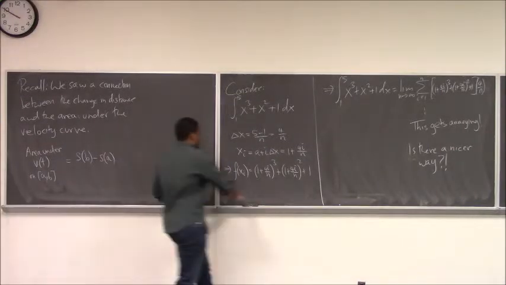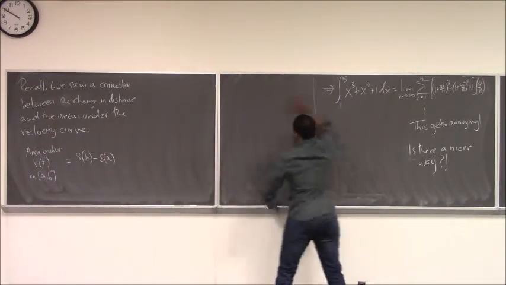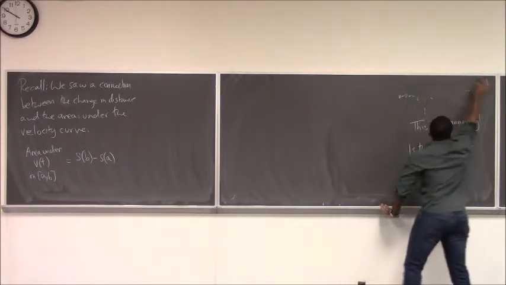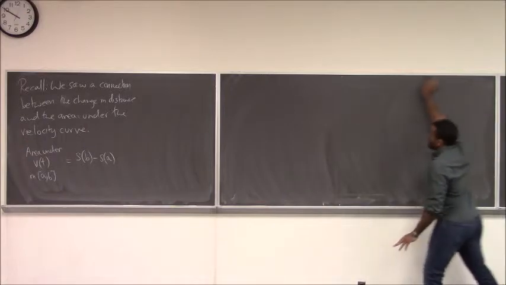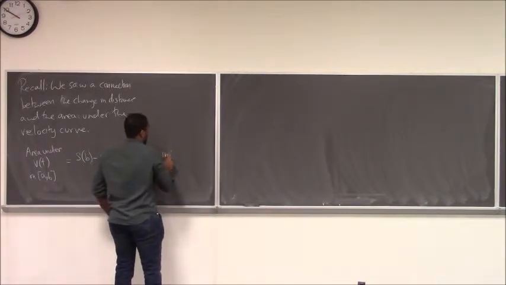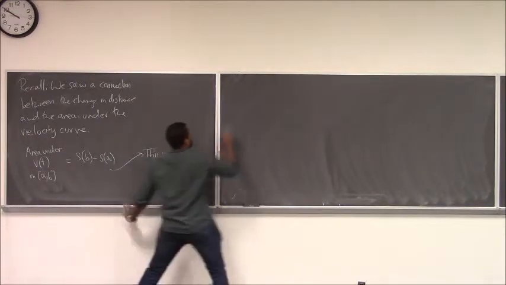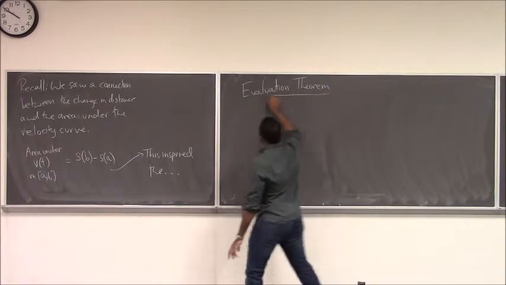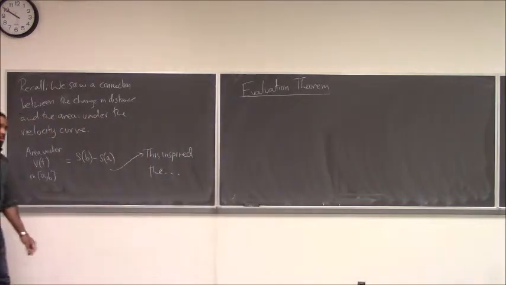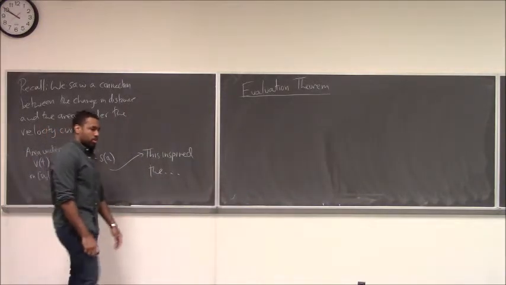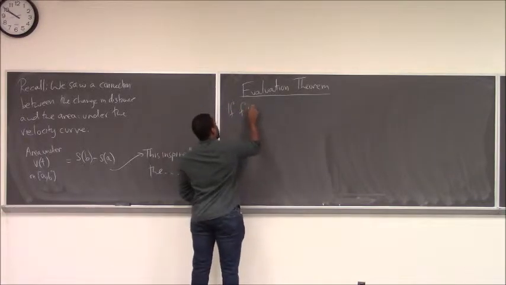And so, using that as an excuse to try this daring proof, we developed something that's called the evaluation theorem. Some people, out of respect for our forefathers, call this the Newton-Leibniz formula. A lot of people, most people, will in fact know it as one of the parts of the fundamental theorem of calculus. It basically says if f is continuous